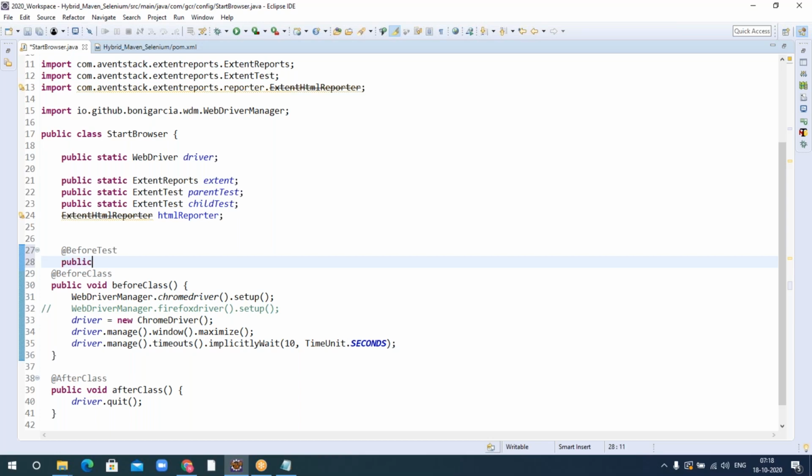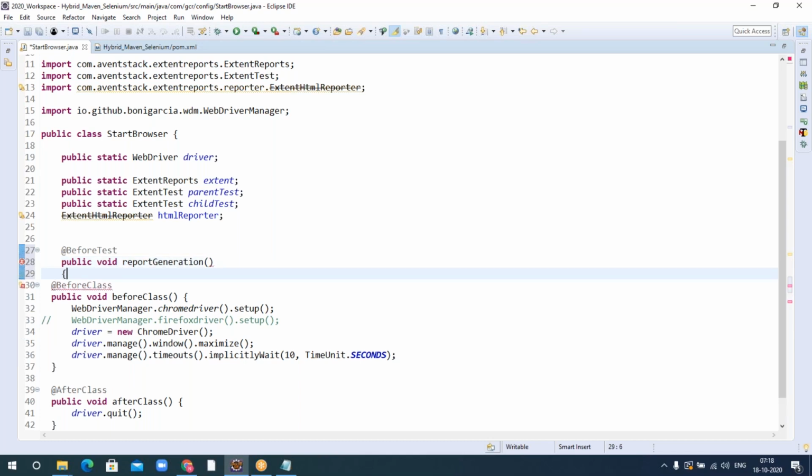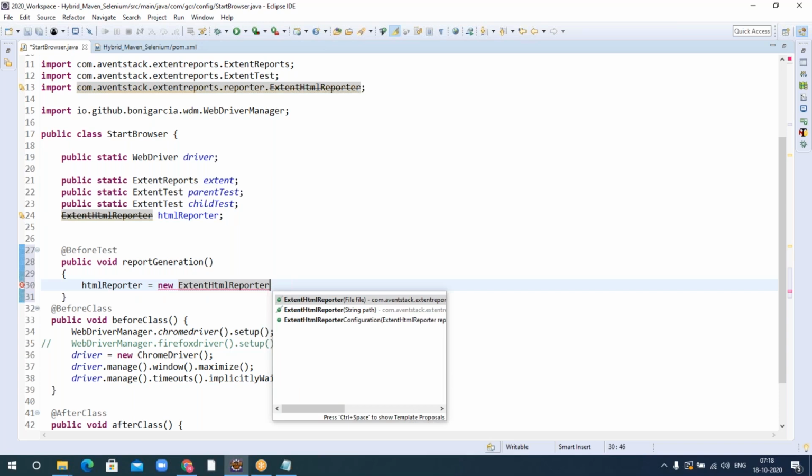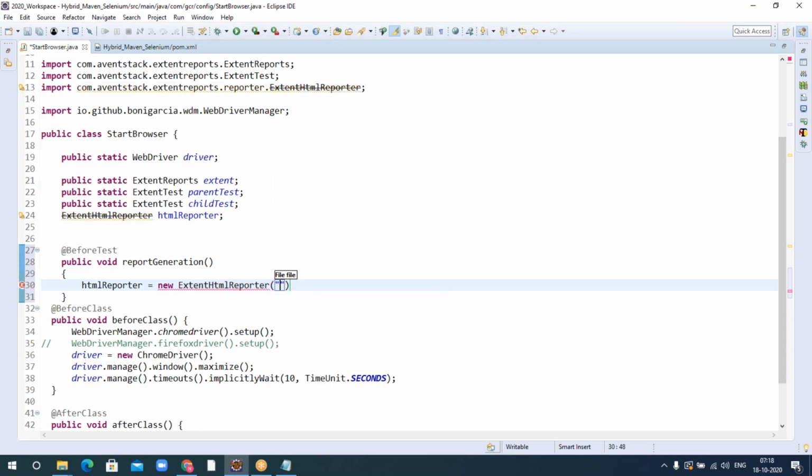So public void, I'll say report generation. And let me write the code related to initializing the report. So this HTML reporter equals new extent reporter. And here I need to give the path of the HTML file where I want to write my reporting.